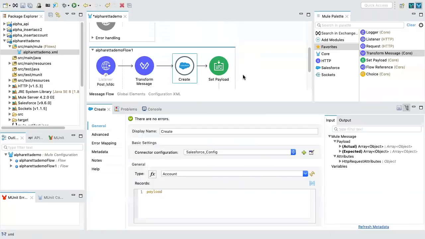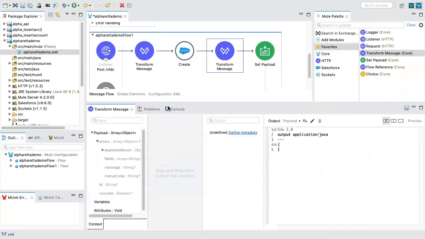So whenever you want to see what the output is, right? After the creation, what does data loader give us? A log file, right? We cannot have the log file here because that's a custom data loader. Mulesoft gives us JSON. JSON file, do whatever you want to do. Create a PDF, create an Excel, whatever. What I will do is transform the message here.